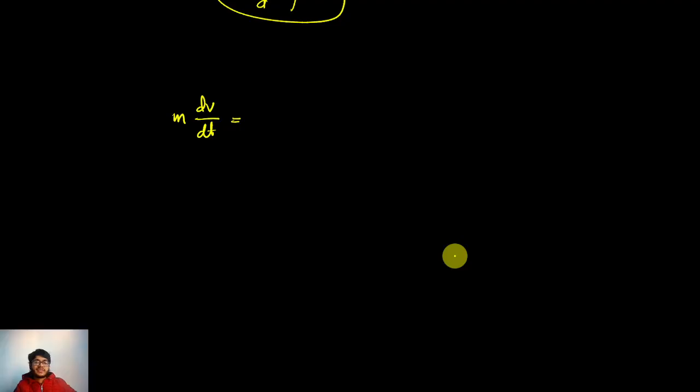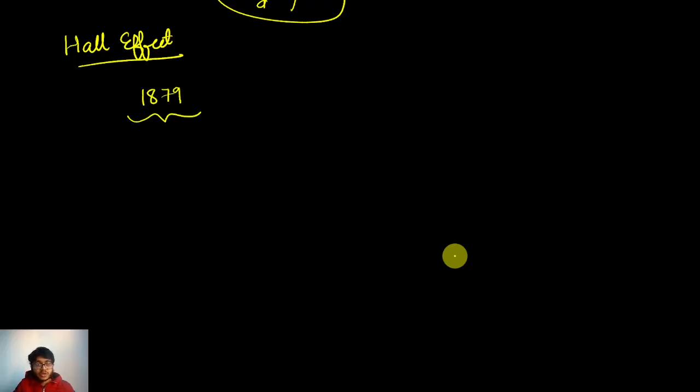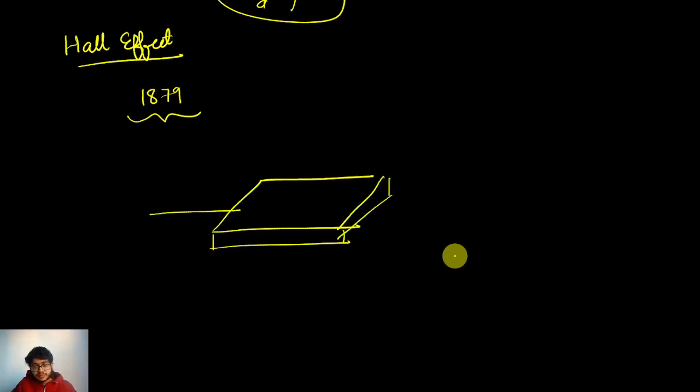So now let's say we talk first about the Hall effect. What is the Hall effect? The Hall effect is something that is very fascinating and very well known, and it was discovered far before Drude published his model in the 1900s. So let's say there is a conductor and there is current flowing in and current flowing out, and what is seen is that even in the transverse direction there is a potential that develops. That is developing transverse to the actual potential. So this is the applied potential.